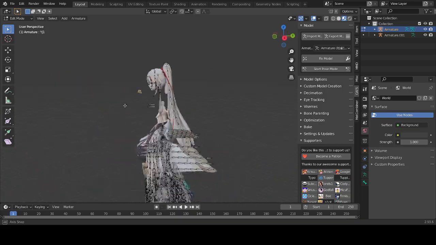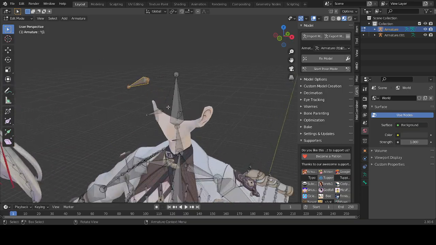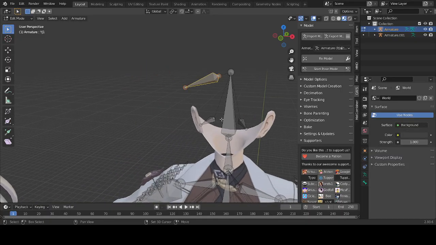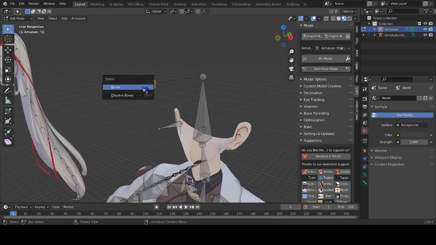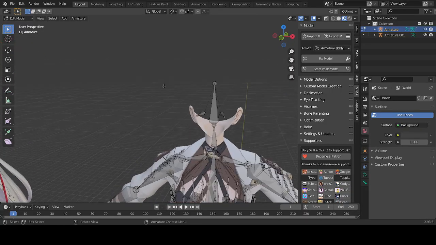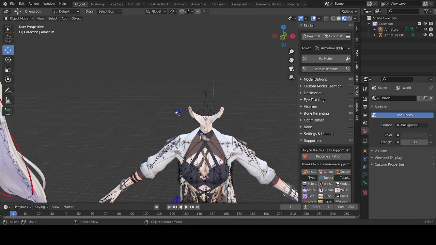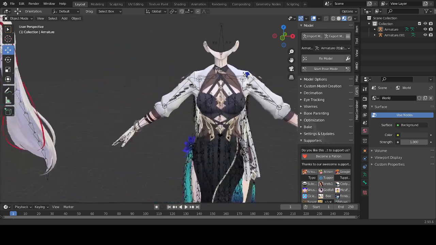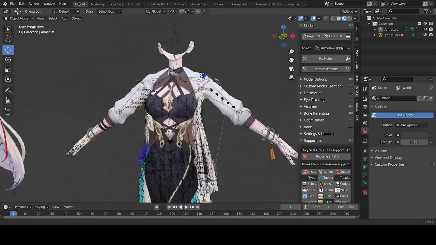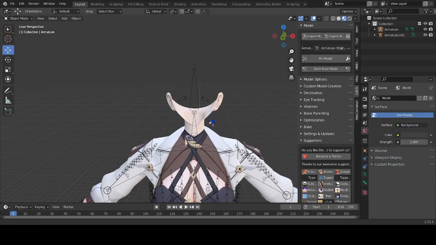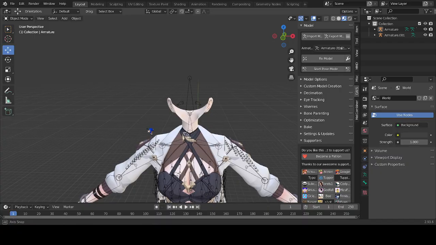I don't think that one was necessary either. I'm just going to delete that one. Okay, so now it should look like this. Simple, pretty easy. Good. So now that we have a clean head here,